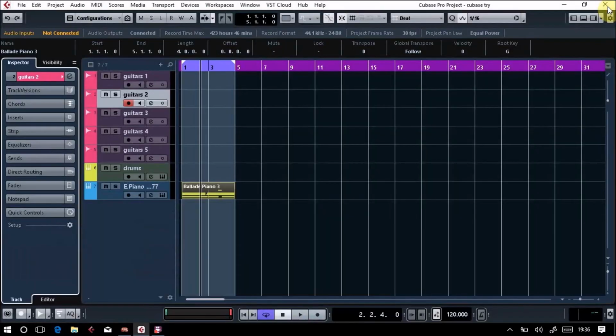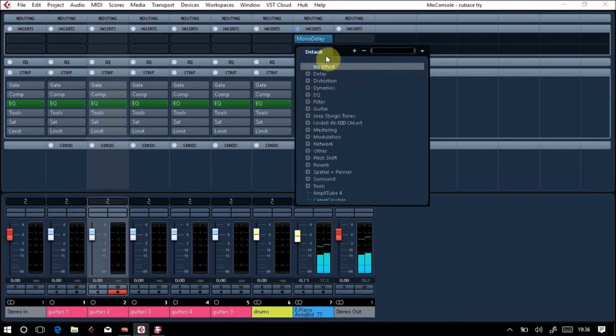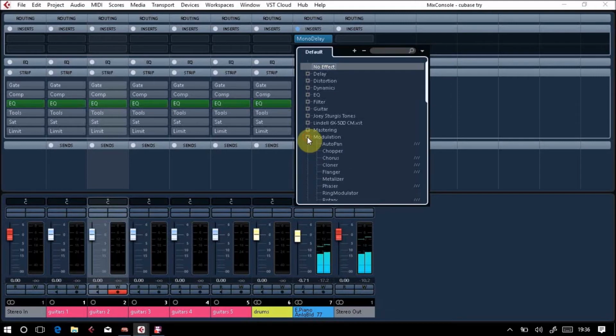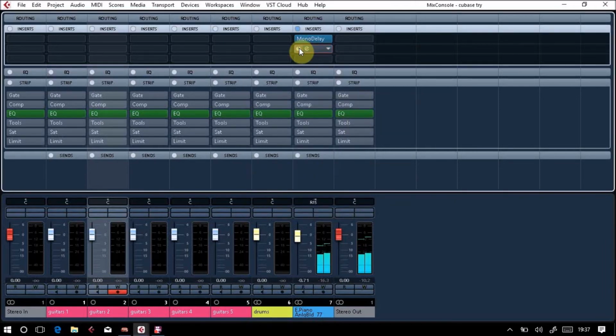So if I go back to our project, here we go. F3 to bring it back up. Experiment with them. So perhaps let's try a modulation as a chorus. So I could try, and I can bring that. Just have a go at experimenting. Stop that a minute. Okay, it's probably not the best loop to demonstrate these with, but really quickly, let's have